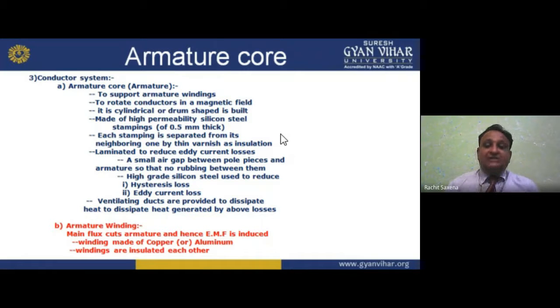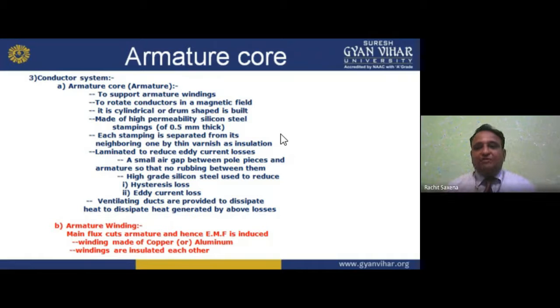Now, high grade silicon steel is used to reduce two things: silicon content reduces hysteresis loss, and laminations, which I am making, reduce eddy current loss. So, hysteresis loss: if I want to reduce it, silicon content steel, the reversal of magnetism, that is hysteresis. So I want to make the BH curve flux density higher. So I use silicon. Steel is there, but I am introducing some silicon part, so it gives you higher magnetization, means no magnetic saturation. It does not easily get magnetically saturated; it takes some time. So it reduces hysteresis loss.